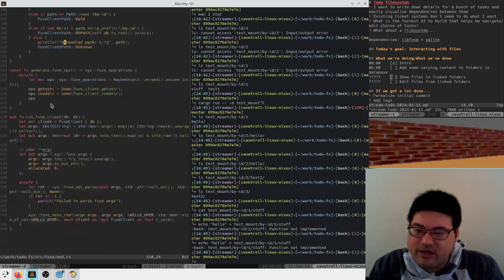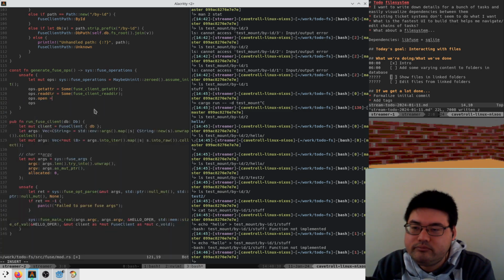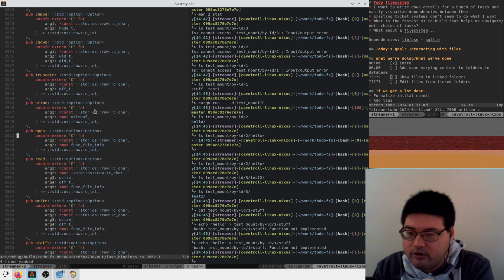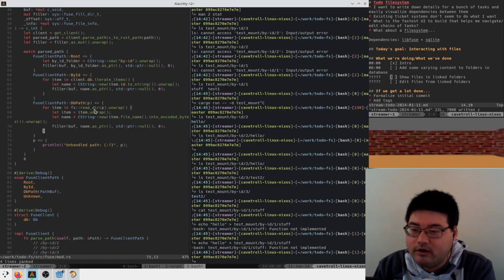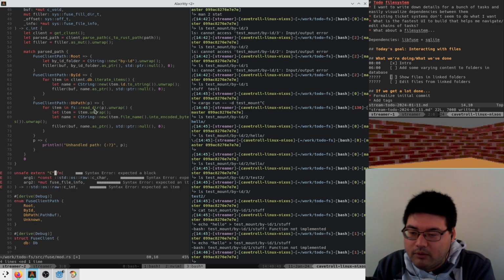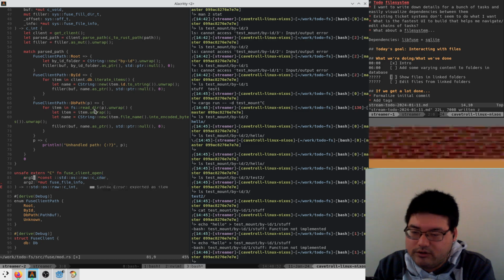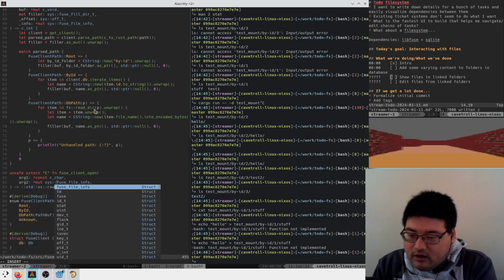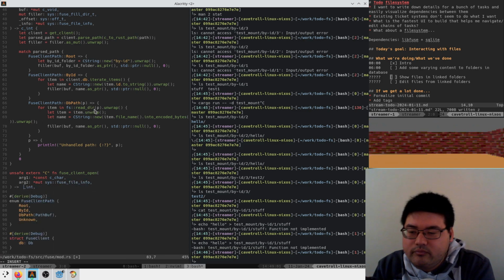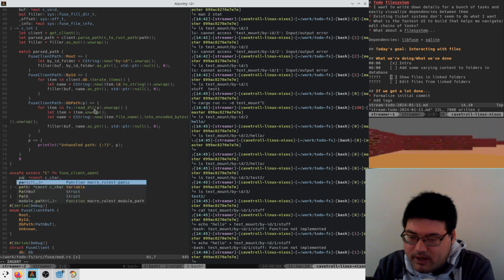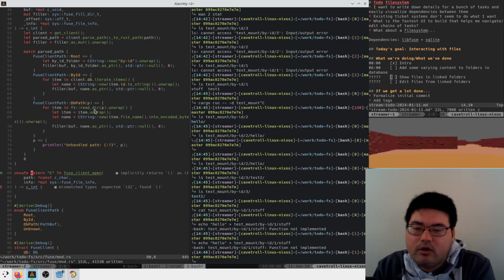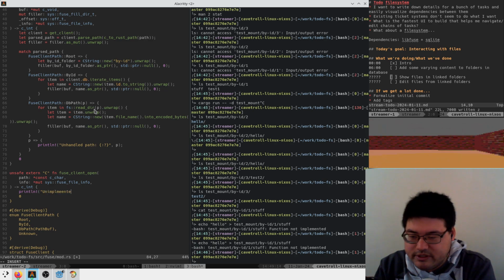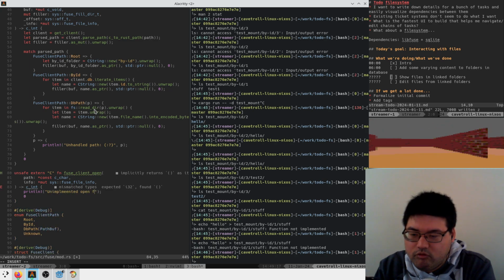Okay, so let's try shoving an open on here. Fuse client open. Which means we are going to have to go here, yoink this function sig, and stick it over here. And we'll call this fuse client open. Delete some of these colons. Add a sys on here. Delete some colons. And here, this is probably the path. This is the info. And we return 0 and print unimplemented open for